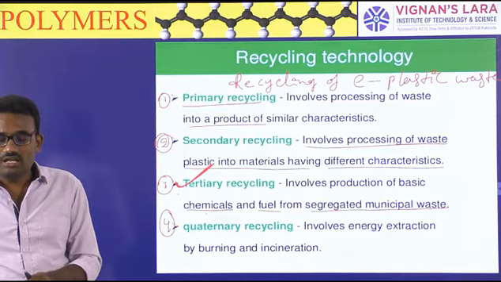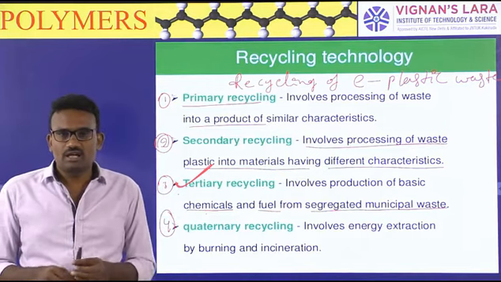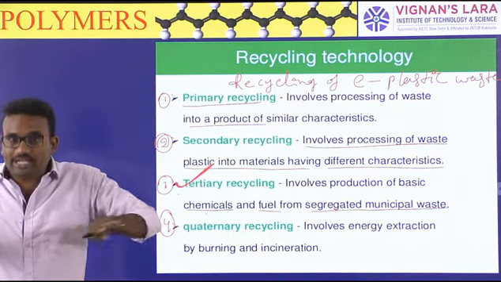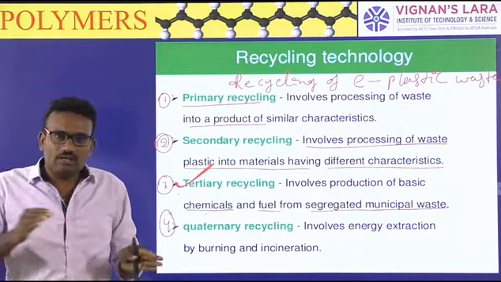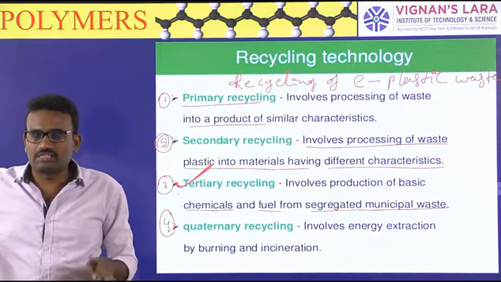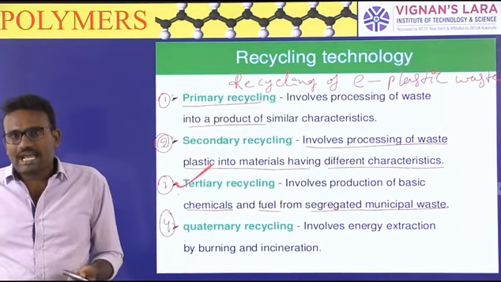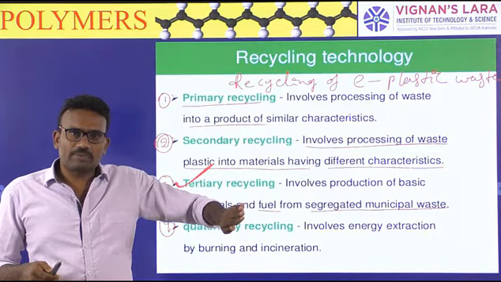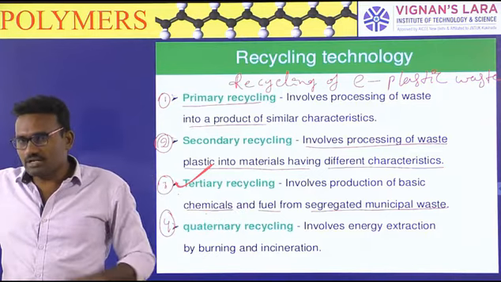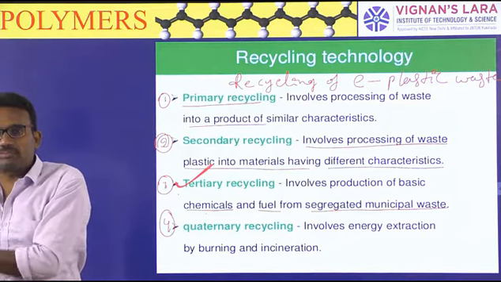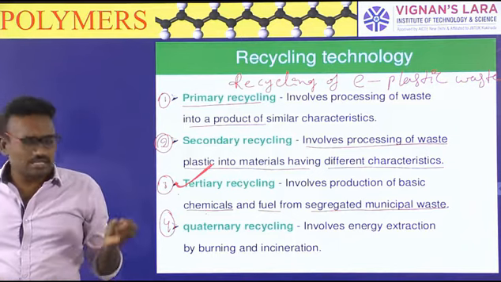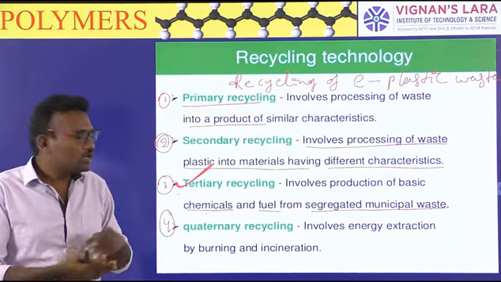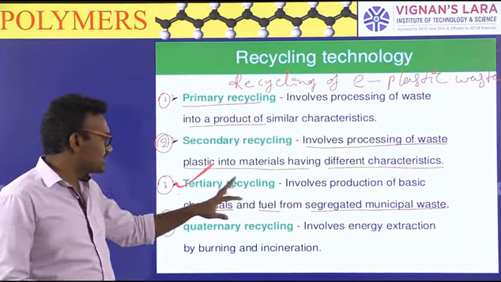So that's why in the tertiary recycling process, in the waste, metals and plastics are both separated first. Metals are separated and the waste plastic is separated. Then some chemicals and fuels are added. The metals are separate, the pure plastics are separate. The separated pure plastic is used for different purposes. In other cases, metals and plastics are both added along with some chemicals and fuels to create new products. That is tertiary recycling.